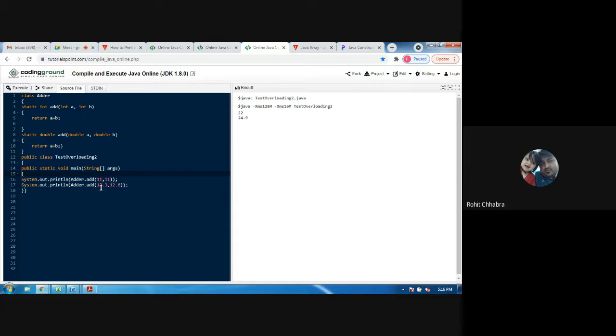In that method we are returning a plus b, that means 12.3 plus 12.6. 12 plus 12 is 24, and 0.3 plus 0.6 is 0.9. The value will be 24.9. Clear?